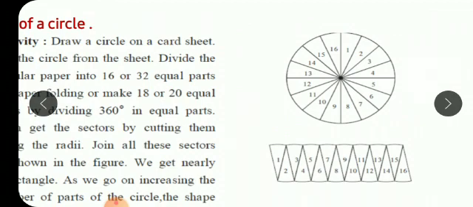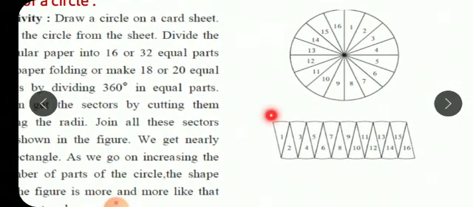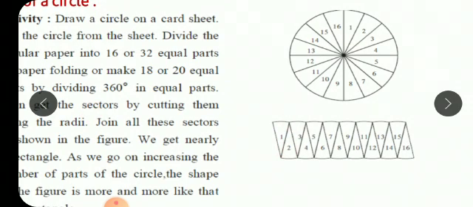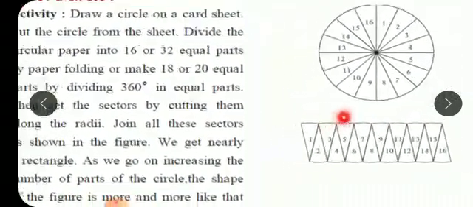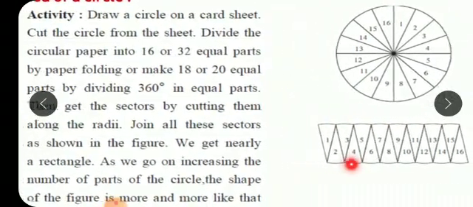And what we have done to this circle, after drawing these parts, we have cut the parts one by one and removed those parts, and in this way we have arranged the parts. Here the one part, the below part is 1, then 2, then 3, then 4. In this way we have connected all 16 parts of this circle. So which type of figure is found over here? In such a way we will do this activity.